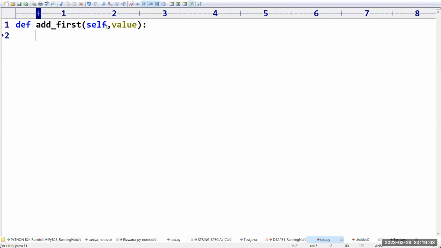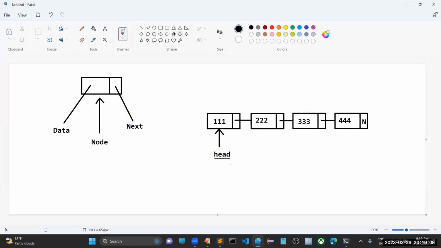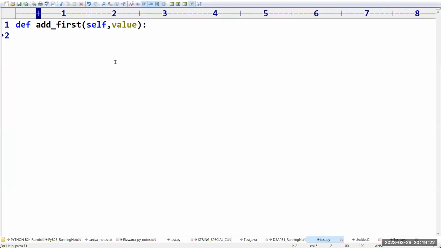Something like this. Sir, now I want to create a new node. What is my first step? If I want to add a node here, what is the first step? We have to create this node. Sir, how to create a new node? Sir, new node is equal to,